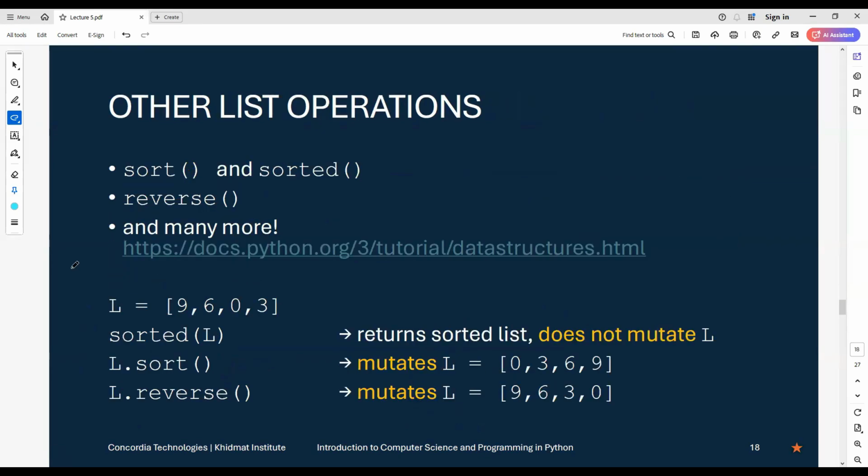There are two other important operations that we do. One is sorting them, and the other is reversing them. And for sorting, we have two options. One of them is a function of the list data type, and the other one is a general function not defined within the data type. And the way they behave is a little bit different. They do exactly the same thing, but not exactly. Okay, so if L is 9, 6, 0, 3 and I say sorted L, okay, it returns me a new list,